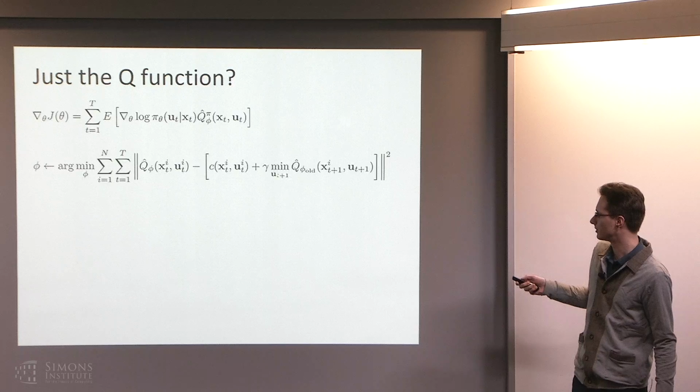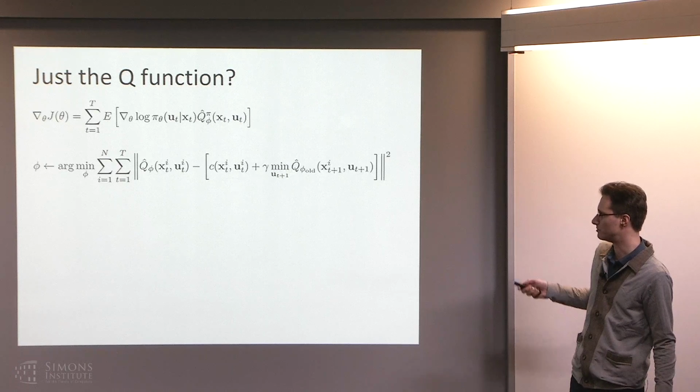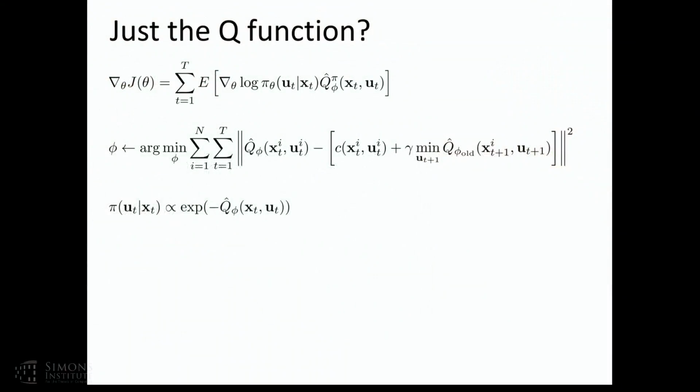So over here, instead of taking the Q value at the next step, you can actually take the Q value for the best action. So you can replace this with a min. And this is the objective for Q learning. So then your policy is just some result of your Q function. For example, it might be the exponential of the negative Q function, or it might be just epsilon greedy, which means that you take the best action with probability 1 minus epsilon. With probability epsilon, you take a completely random action. There are a few different choices you can make here. And then you just forget about the policy gradient entirely and just rely on your Q function.